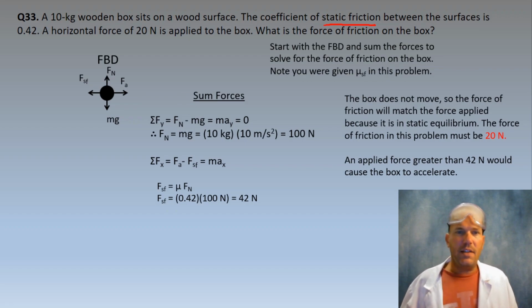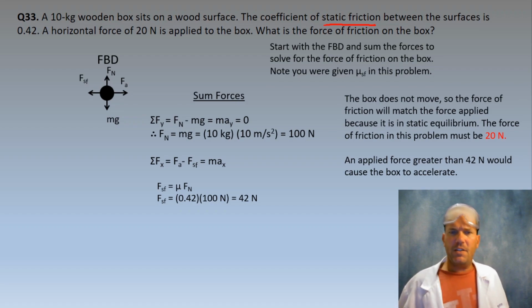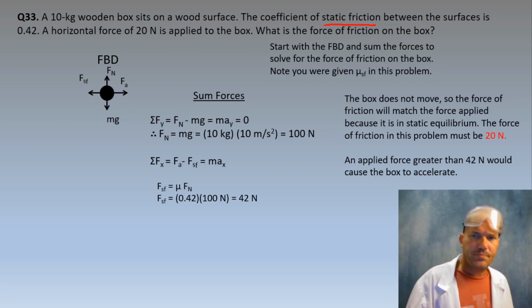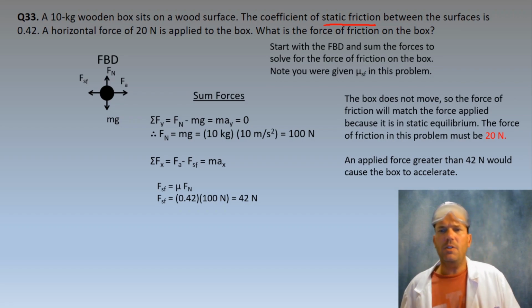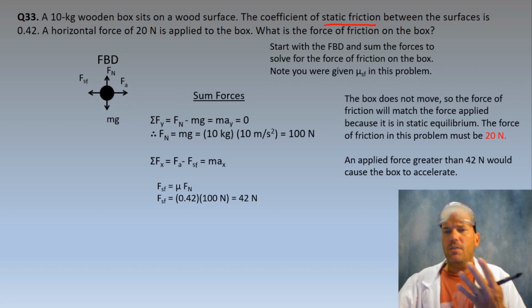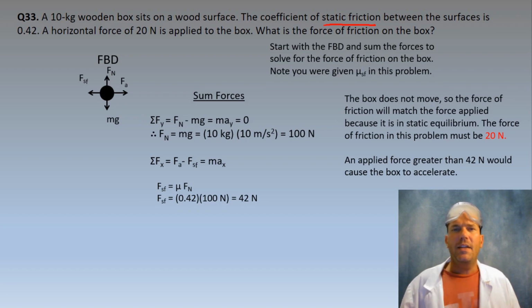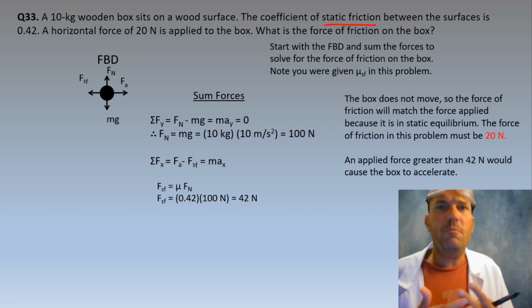So what does that tell us? The force applied is 20 newtons. Okay? This box doesn't move. The force of static friction is 42 newtons. It is in equilibrium. So even though there's a force that is being applied to this box, it won't move